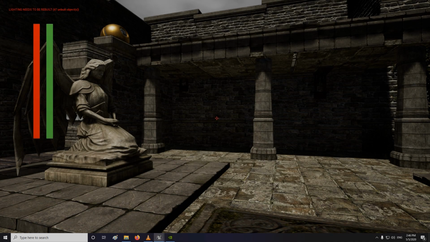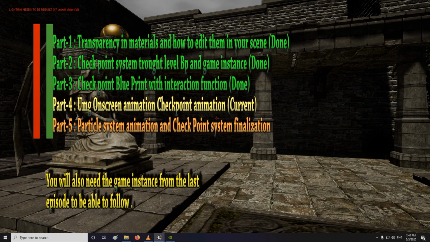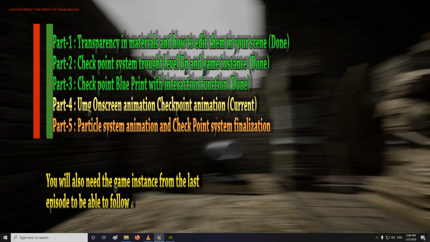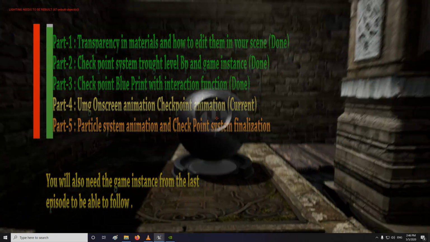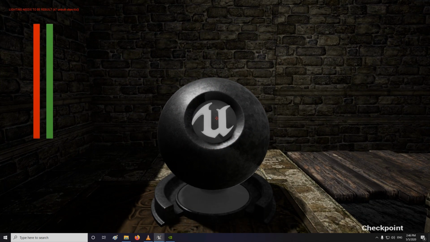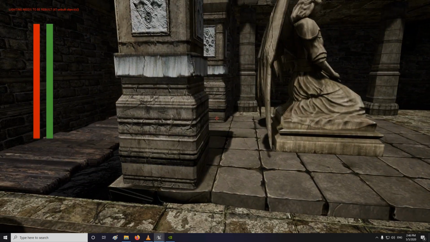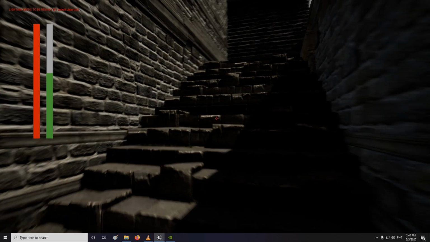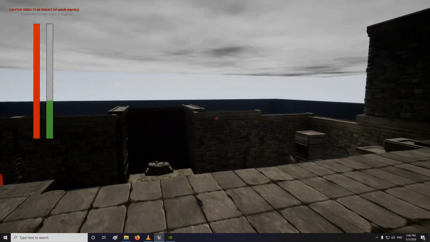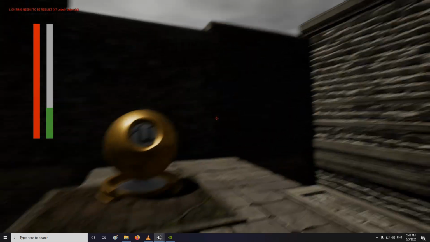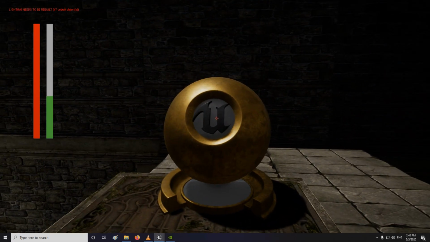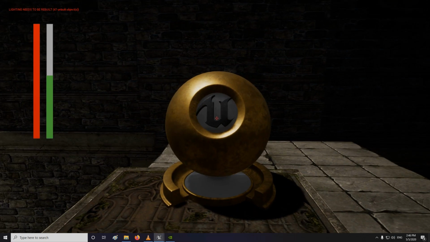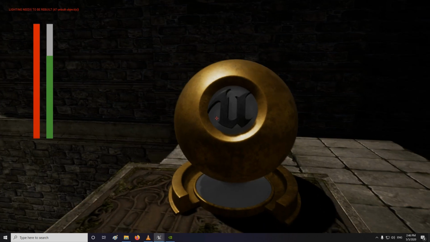Welcome to part 4 of the checkpoint system, and this one's going to be a short and sweet one. Now when you're playing video games and you get to a checkpoint, you're going to notice there's a lot going on screen. As you can see over here, I already added the new feature. I also played a little bit with my scene because I love doing it. It takes 2 seconds, and whenever I'm working on an episode, I always find new ways of building stuff, and it's just fun. So when you activate the checkpoint, yes, we have the little UE4 sign over here